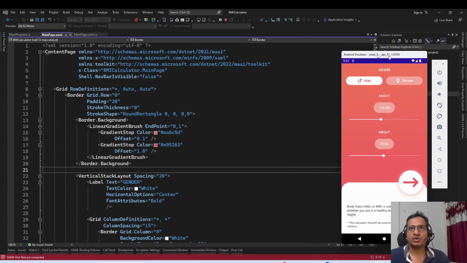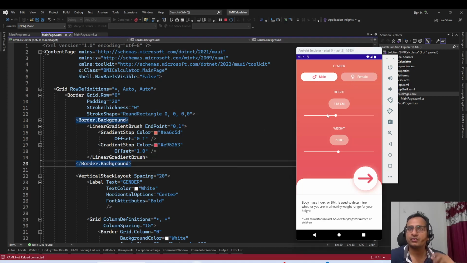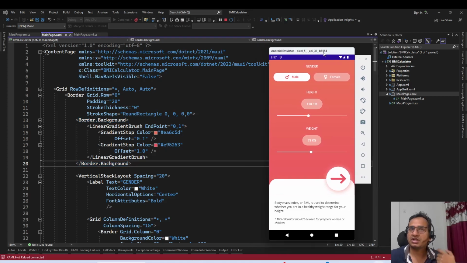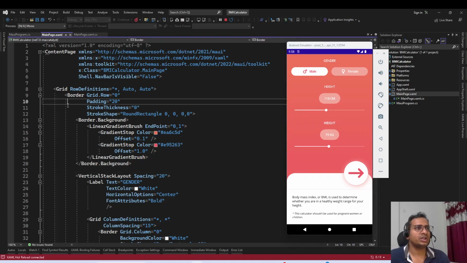So in this video what we are going to do is create reusable controls. For example, this male icon and female icon, all these things are similar, the UI is similar. So we are going to create a control for this, that is a content view basically. So, reusable controls, and then let's continue. So first thing, for this thing we have